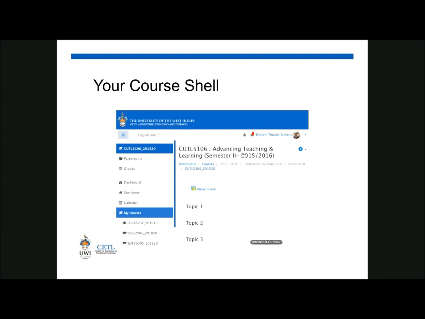We call it a shell because when you get it, there is nothing really in it other than a news forum, or sometimes this is called announcements. So this is what everybody will get as their shell. Some of you here, I know, I see the names, would have more than a shell now, but those of you who've never used myeLearning, this workshop is catering for you,